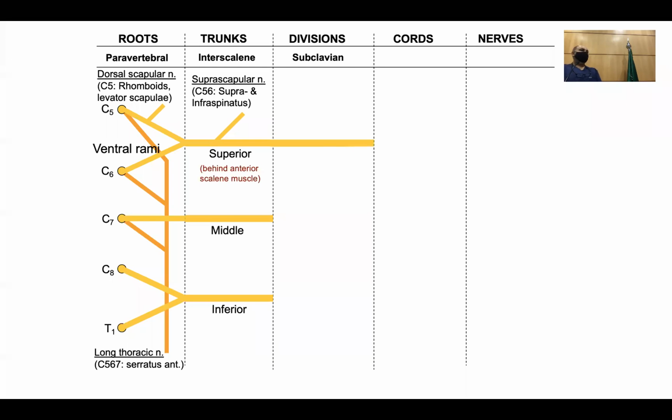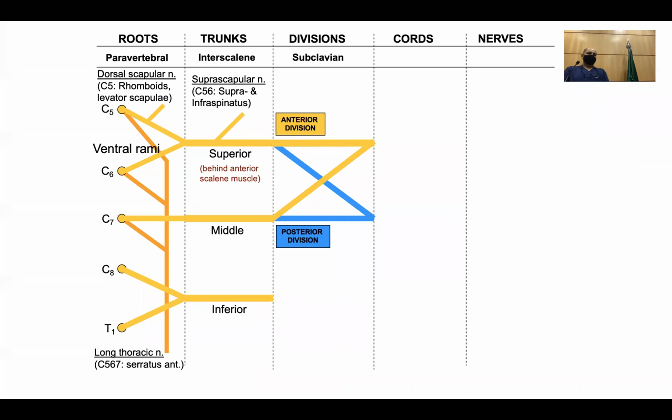Then I told you, my trunks divide into anterior and posterior. So the anterior division from my superior trunk, this is the anterior division, and that's the posterior division. I'll give yellow to my superior and to my anterior, and blue to my posterior. So now anterior from the middle. So all the posterior